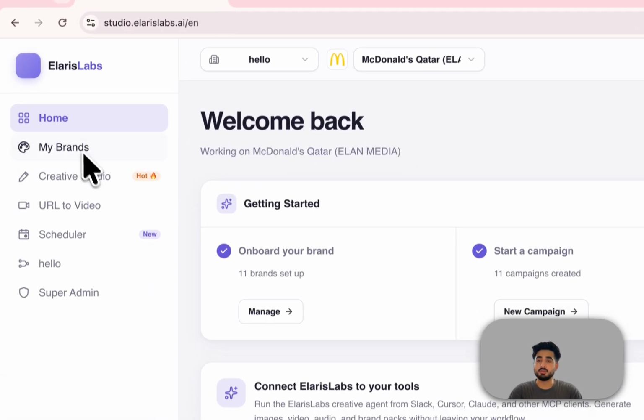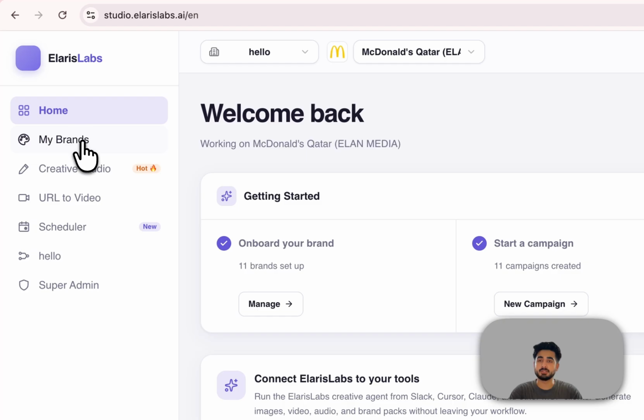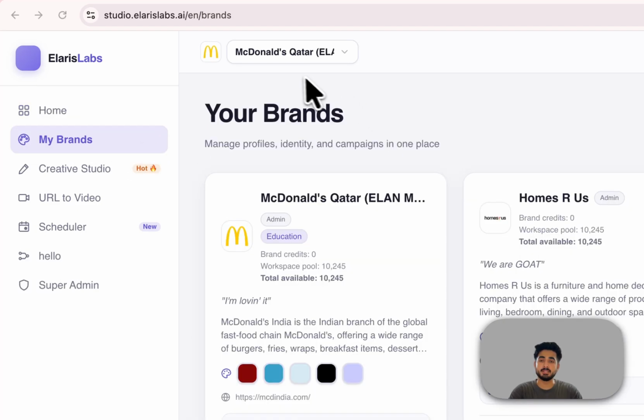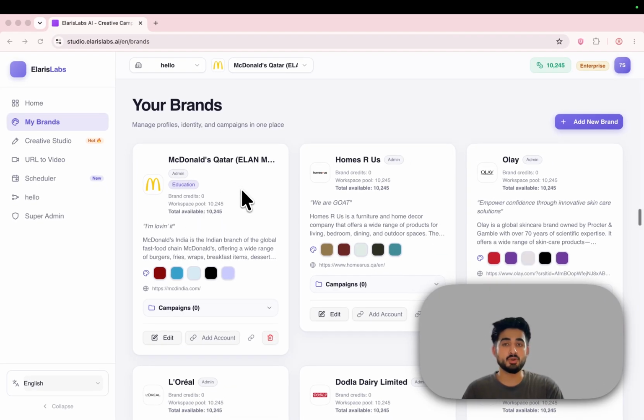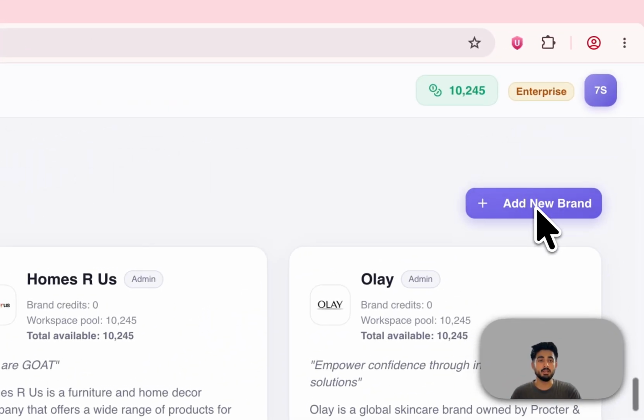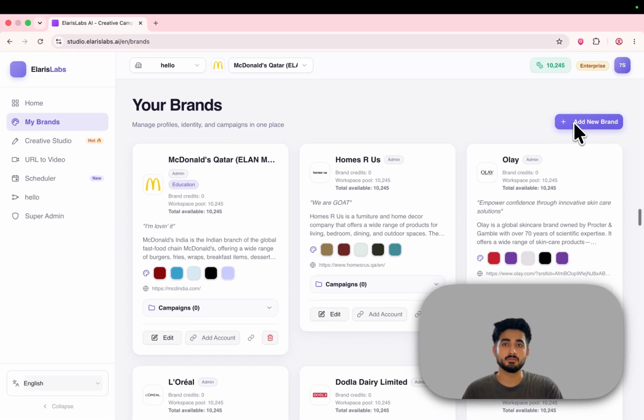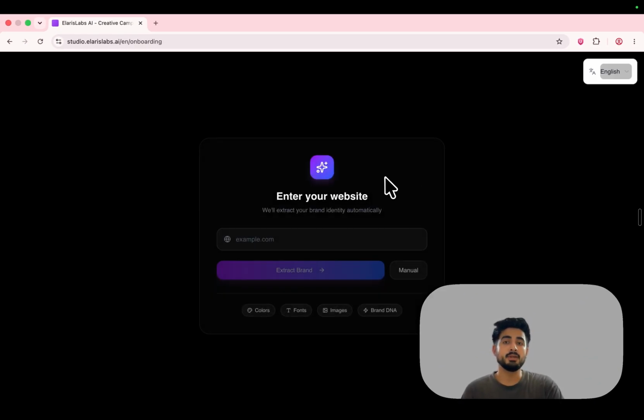So now I'll move to the very basic and first thing, my brands. Before you generate any campaign, any image, or any ad in ELARISLABS, you onboard your brand. So let me show you how that works. You'll simply click on add new brand here. And you will be redirected to this page where you can just add your website link out here, and our